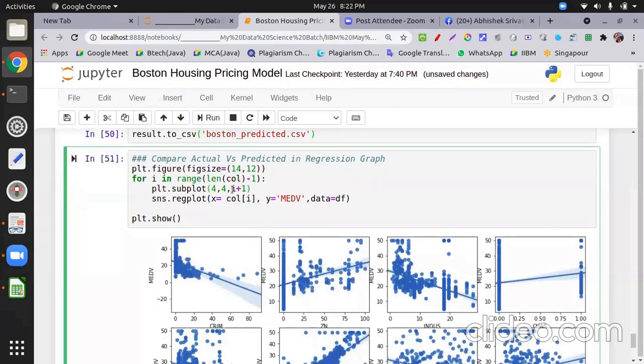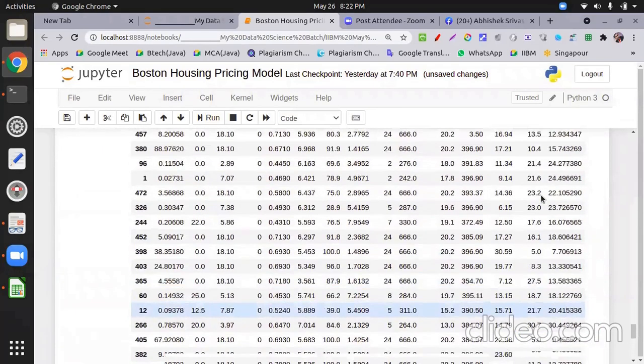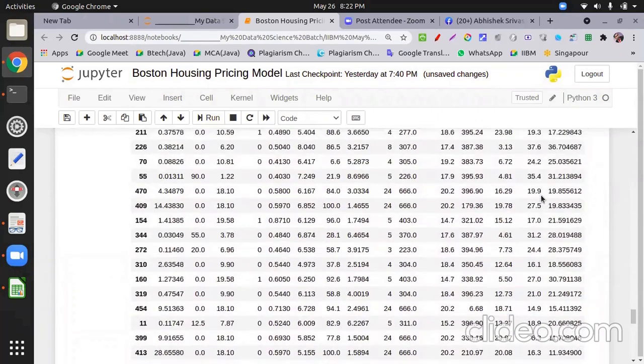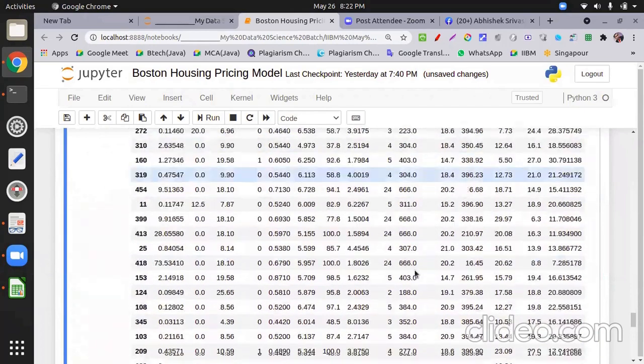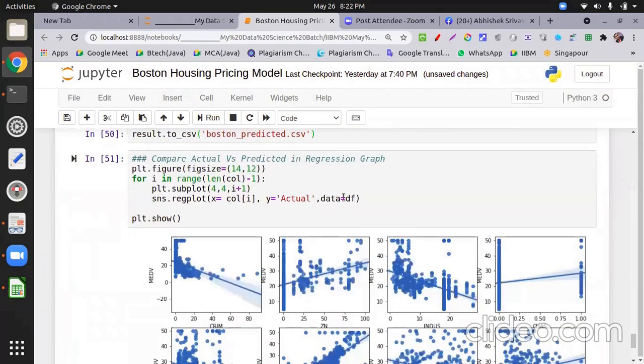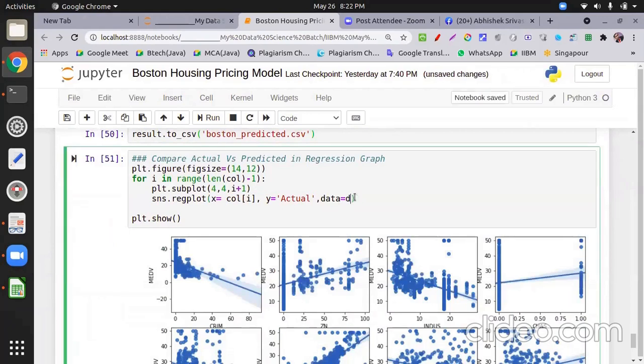So col of i, then I put over here actual. Now MEDV is lost because I append the column actual, and then I append the second column, predicted, and data is result.